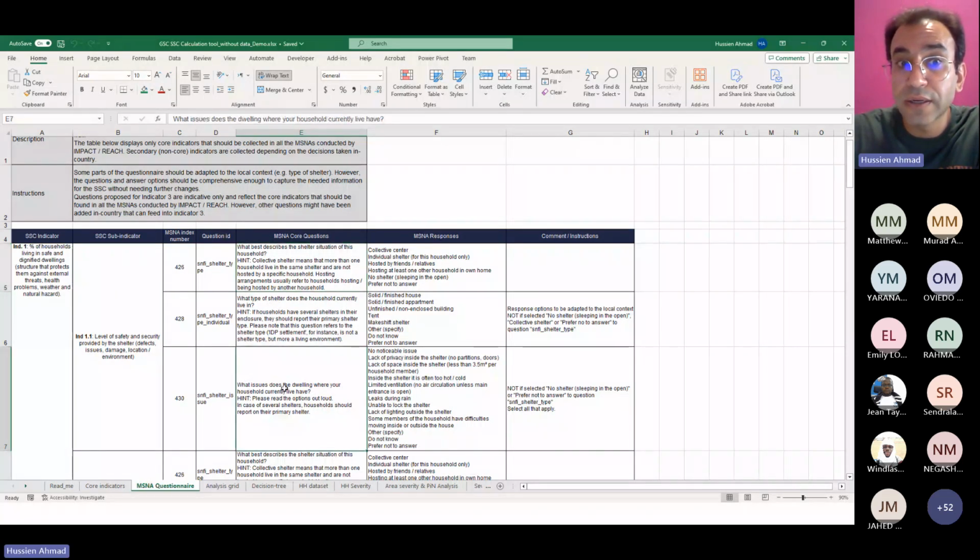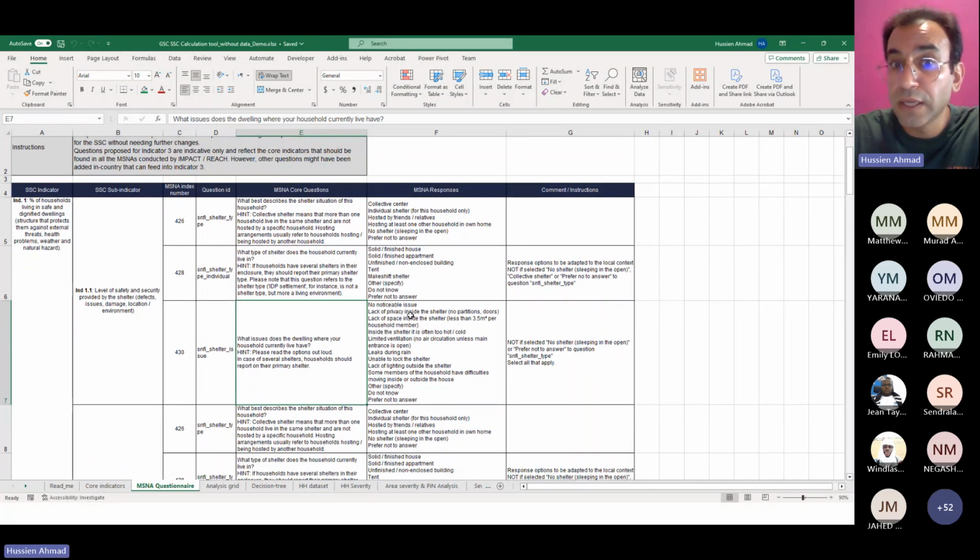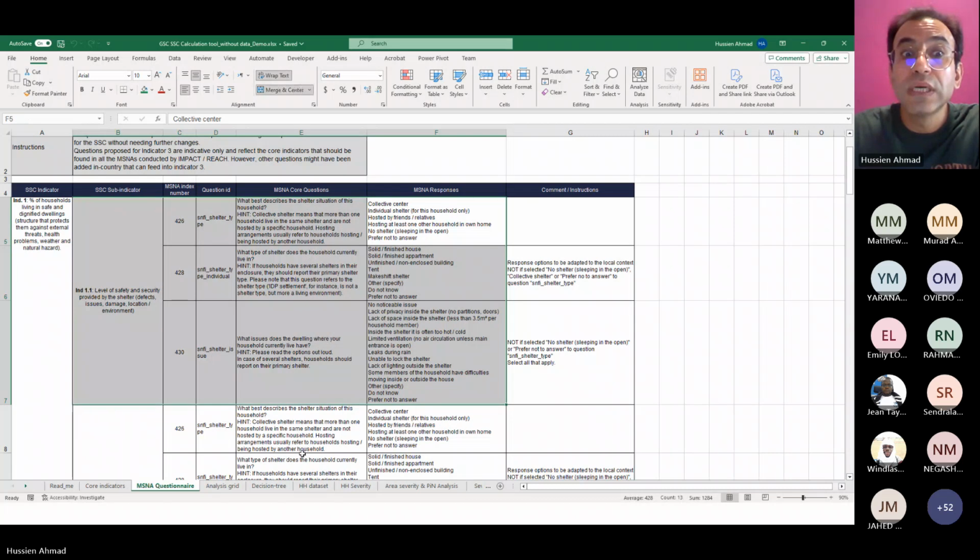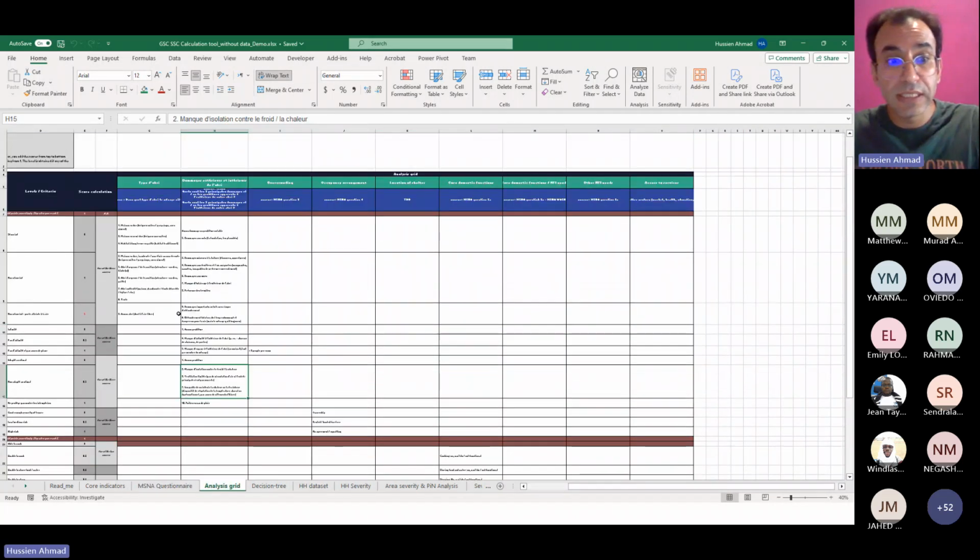And then what are the issues the shelter has, on the damage, lack of privacy, etc. So if I look at the questions and the responses, I need to map this out into my analysis grid. In the analysis grid,